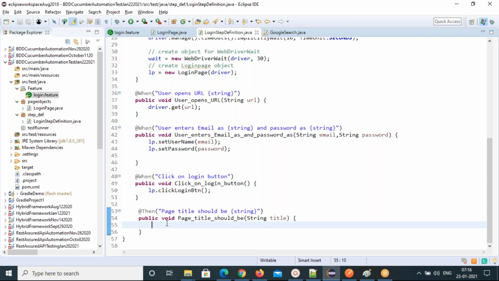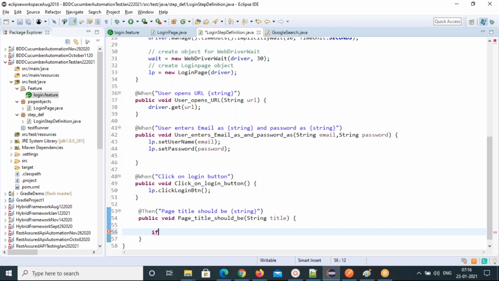How to write that code is very important here. First, how to validate? To validate, first check if the login was unsuccessful message is there, then your store login title will be there. So that is going to be written here.